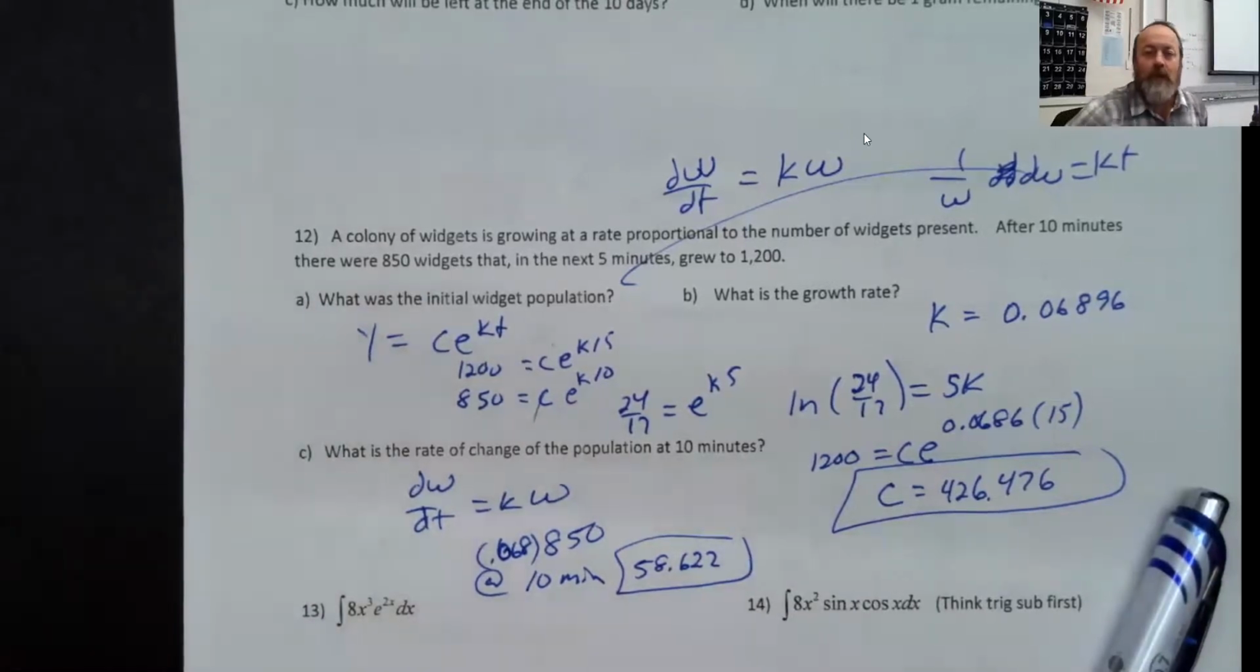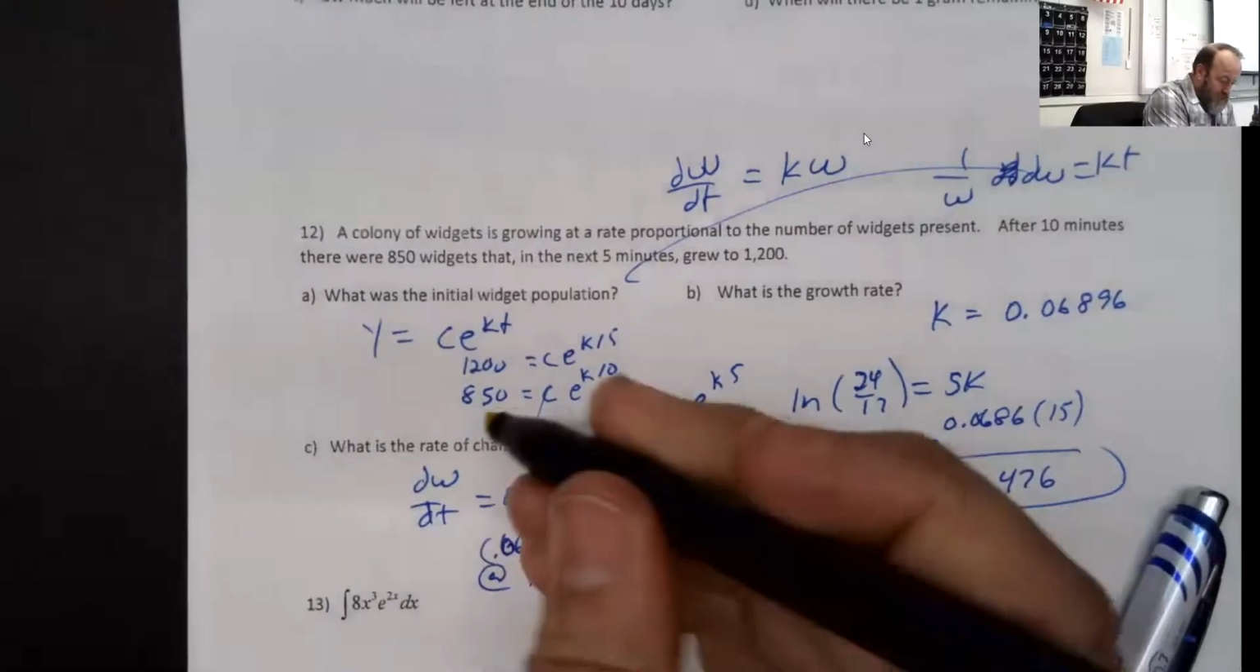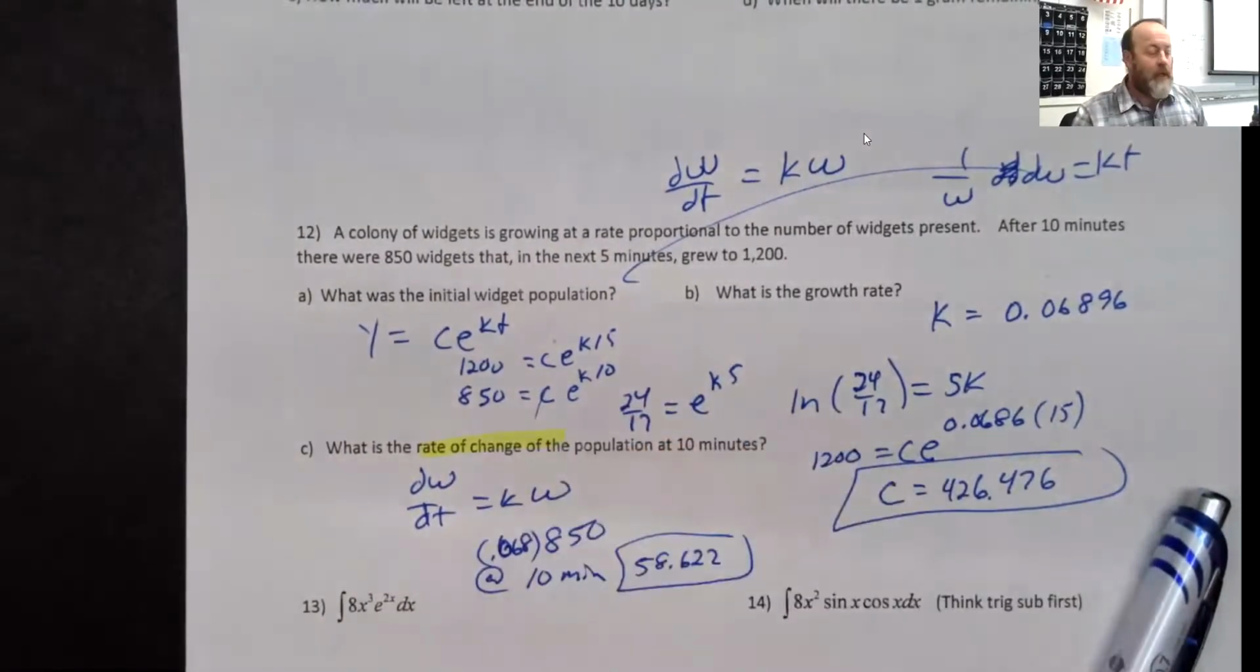And that's kind of the way those problems go. A lot of times people think they're going to go back and actually find how many widgets, but it didn't ask for that. It asked for the rate of change, like how fast are they growing? And so that's